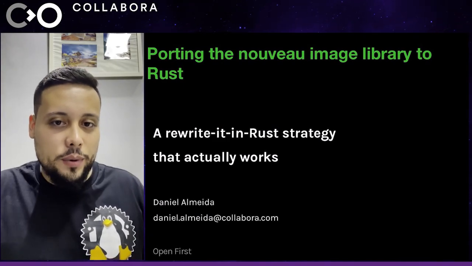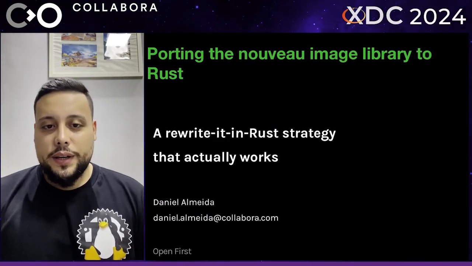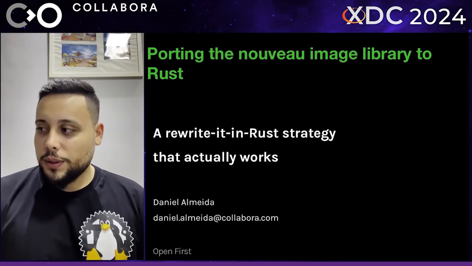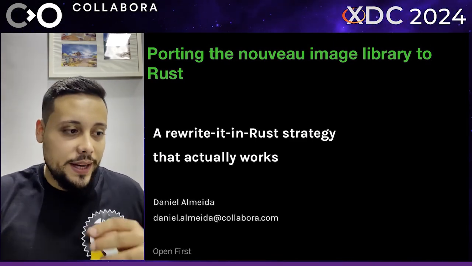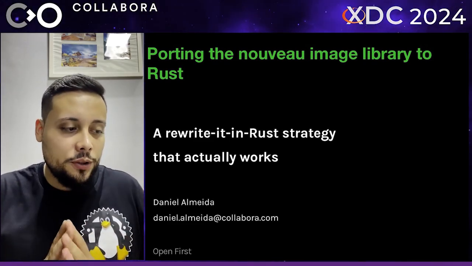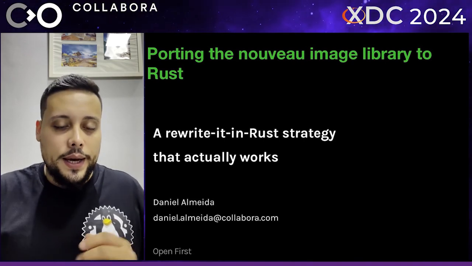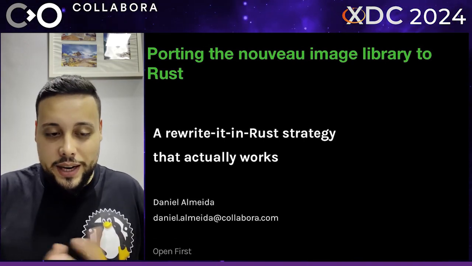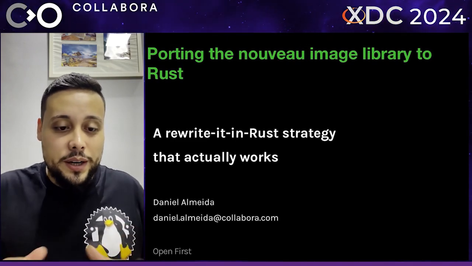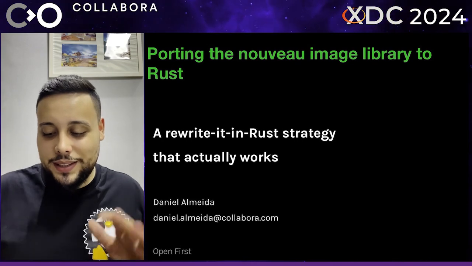I work for Collabora, and today we're going to be talking a little bit about porting the Nouveau Image Library to Rust. The Nouveau Image Library is a part of NVK. It's the part that's converting from VK image to actual device addresses and device-specific commands. And another title that I have for this presentation is Rewrite It in Rust. A rewrite it in Rust strategy that actually works, and we'll see why this is the case in a couple